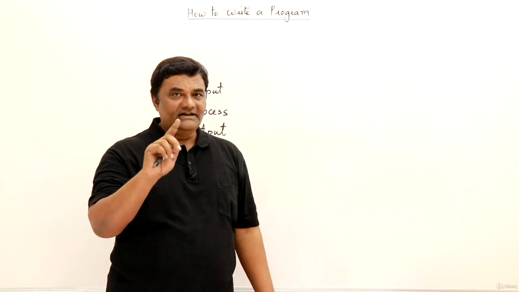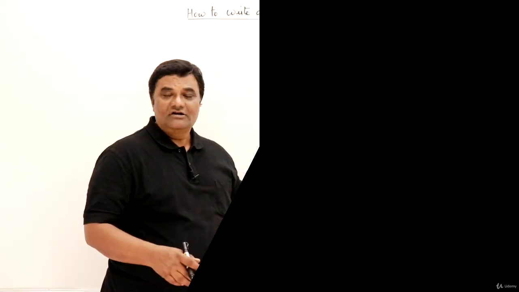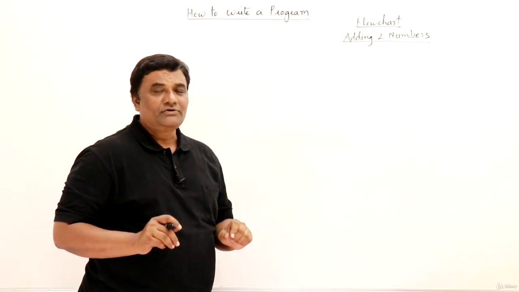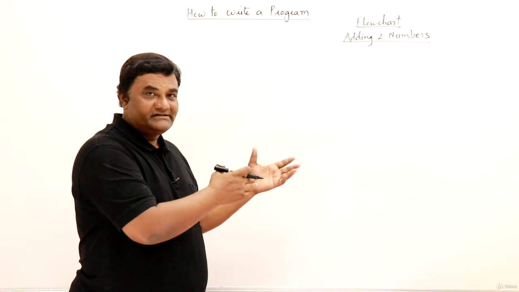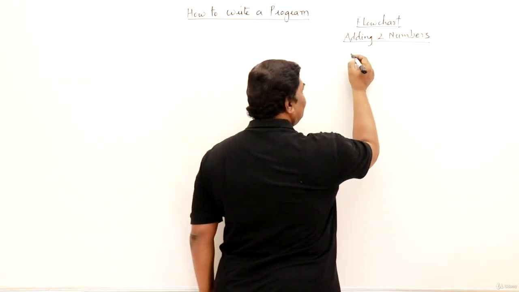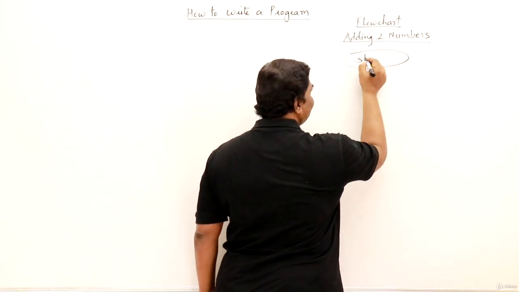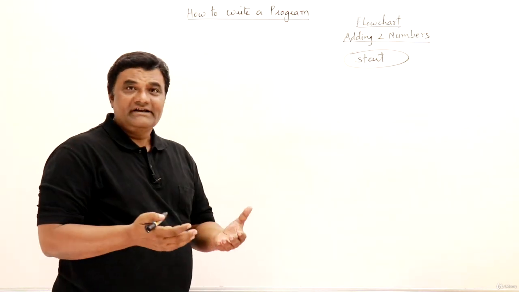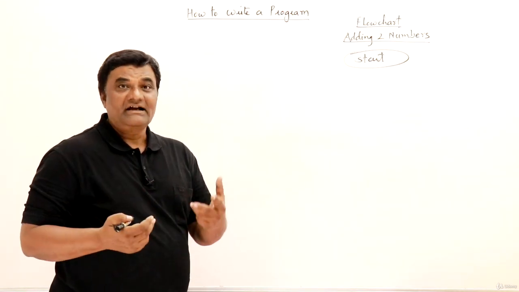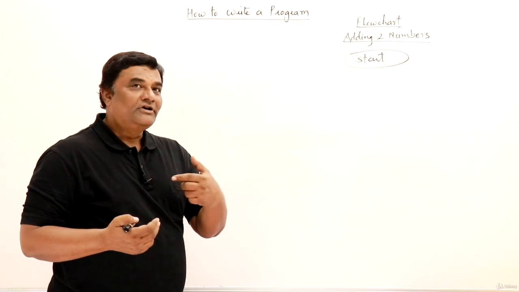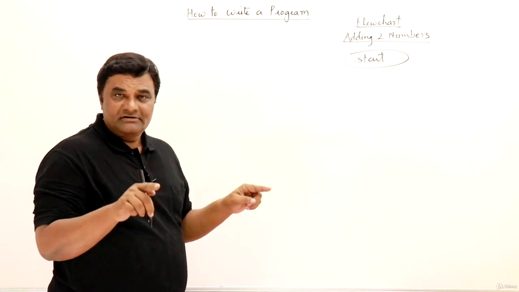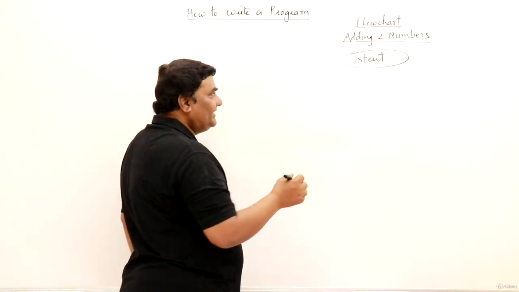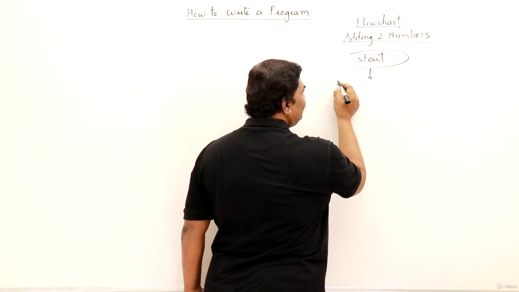So let us draw a flow chart. So here I will draw a flow chart for adding two numbers. So what are the things we have to do? Let us learn. See, first of all, the starting point of a flow chart, that is start. Then our program should take two numbers as input. So for input and output, we use a parallelogram. So let us draw a parallelogram. So the next thing is take input.